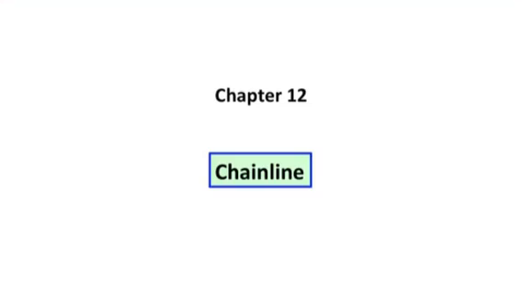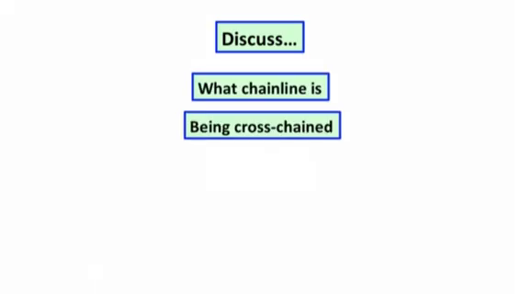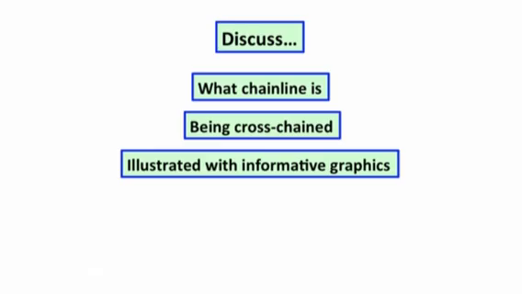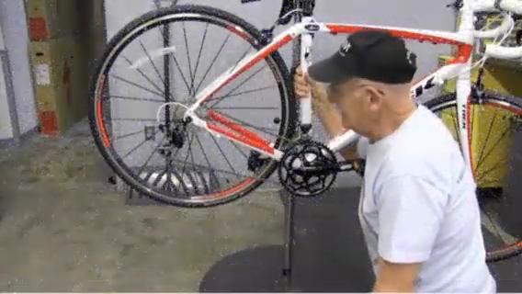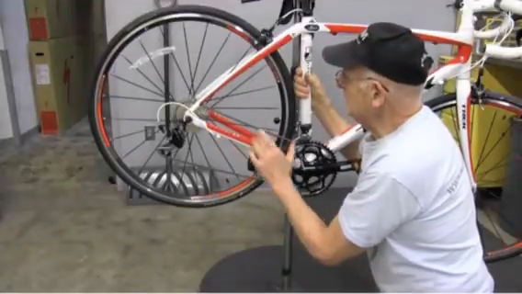Chapter 12, Chainline. Here we will discuss what chainline is, being cross-chained, and this will all be illustrated with some informative graphics. There's an important concept called chainline, and the chainline has to do with how parallel the chain is